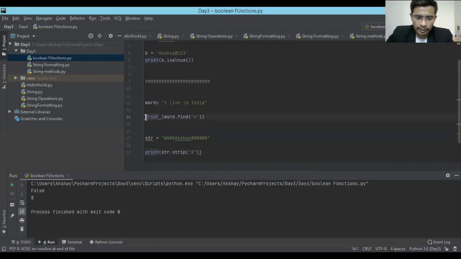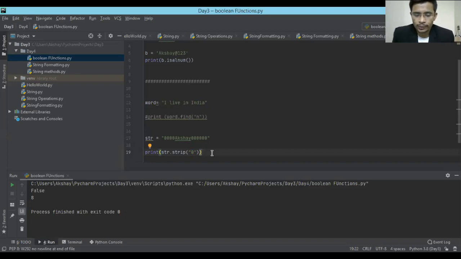Let me comment the previous code. Is this strip function case sensitive? Yes, it is case sensitive. It will remove only the letters which match this thing. Right now I'm removing 0. In Python, everything is case sensitive. If you change the variable name word to capital Word, or str to capital Str, it is a different variable altogether. That is the case in strings as well. All the keywords are case sensitive. You have to use those functions in small letters only. In capitals, it will not work.